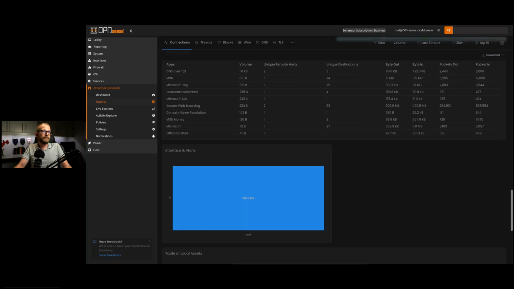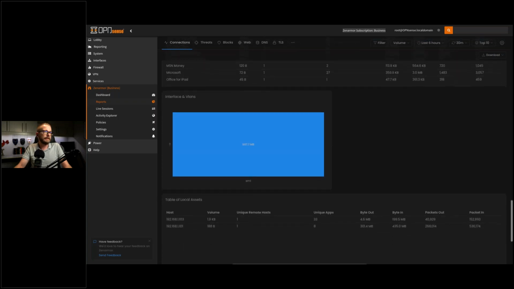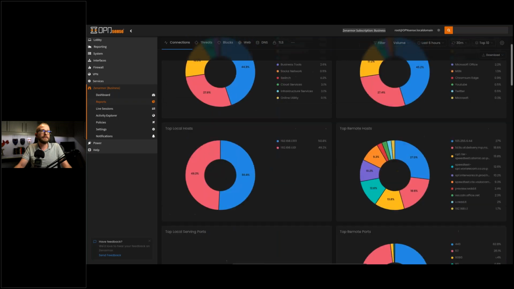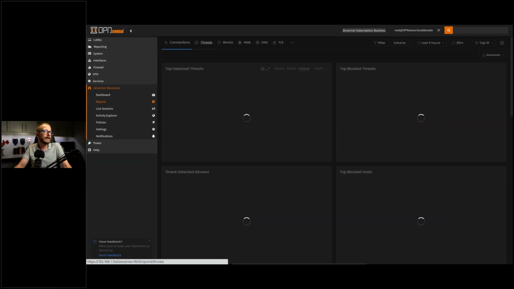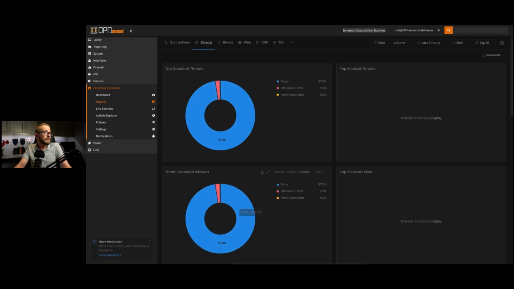So as you can see, you have the full suite of reporting data here that you might be able to use in your network to determine what apps are talking over your network. And then the same applies for things like threats. We can look at our top threats on our current network. In this case, as I said, because this is a demo network, there's not a lot happening here, but just for the sake of the demo, you can see that ZenArmor is picking up things like proxy, which I have disabled for this lab. I'll talk a little bit more about that when we get into the app controls and the policies in the next step.